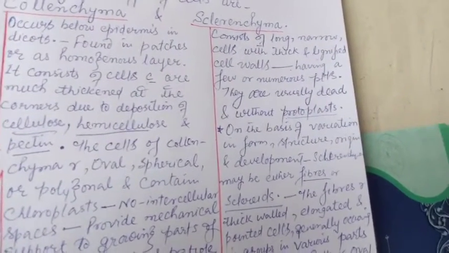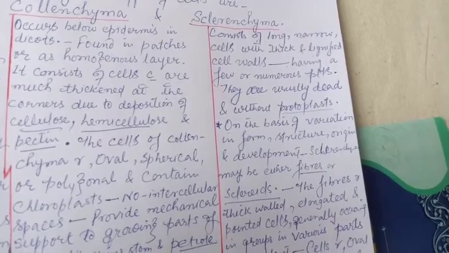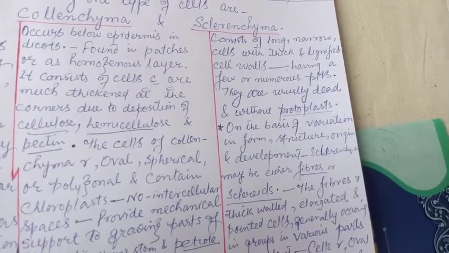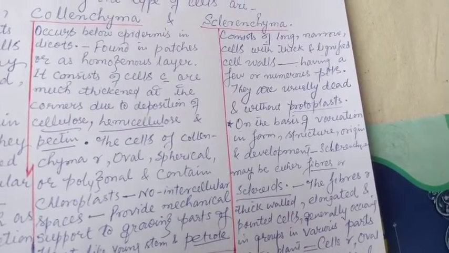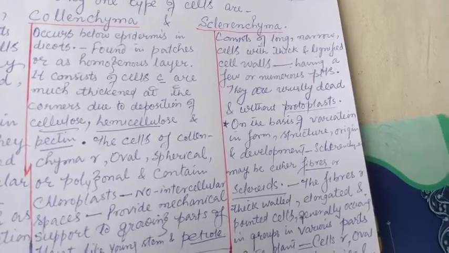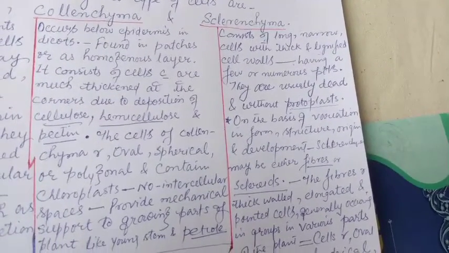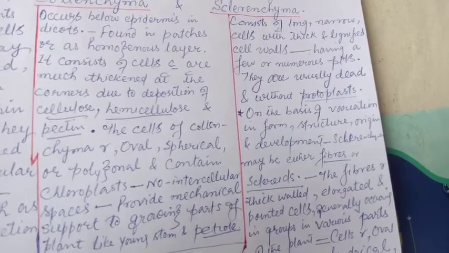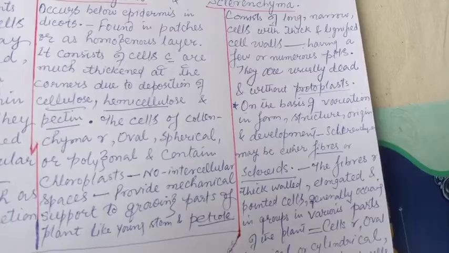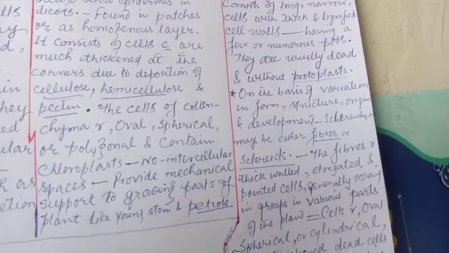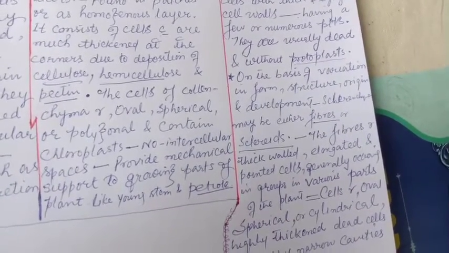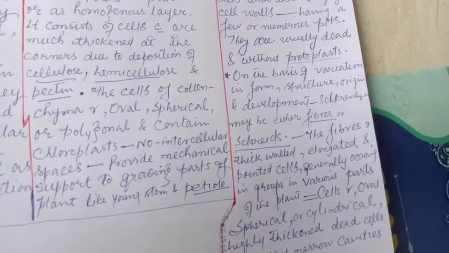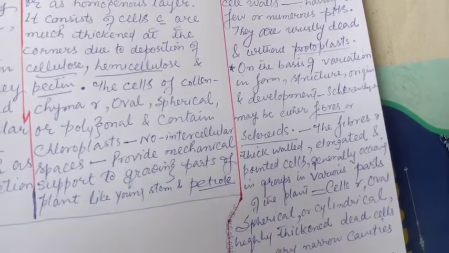And now the third one, that is the sclerenchyma. It consists of long, narrow cells with thick and lignified cell walls, having a few or numerous pits. They are usually dead and without protoplasts. On the basis of variation in form, structure, origin, and development, sclerenchyma may be either in the form of fibers